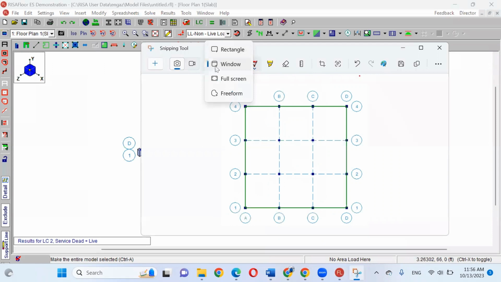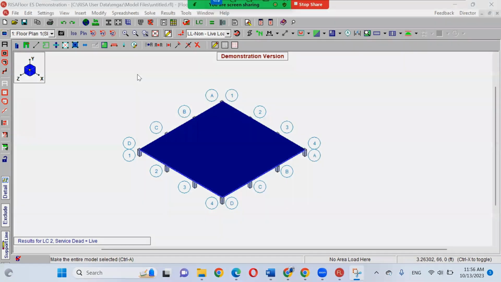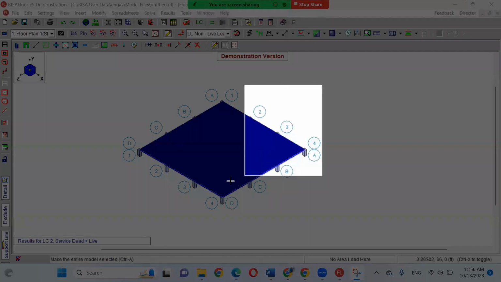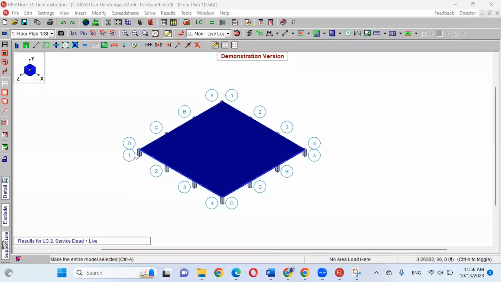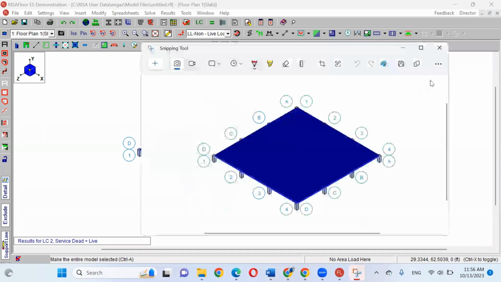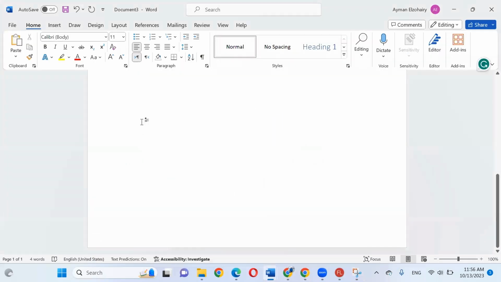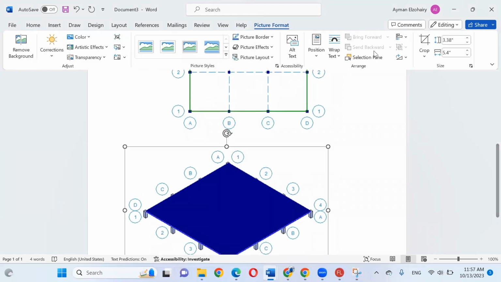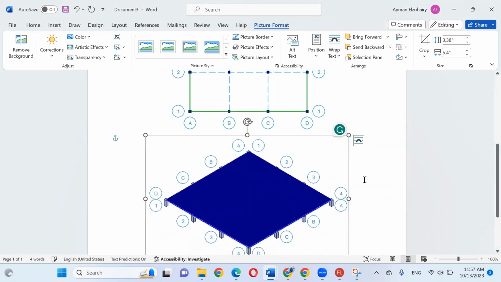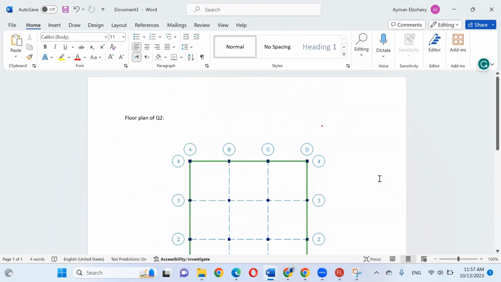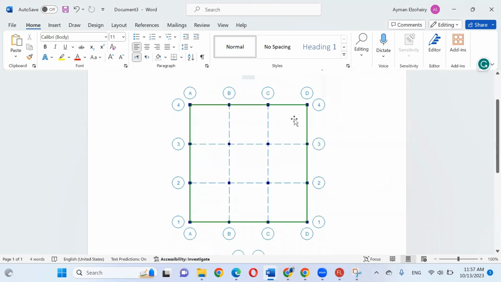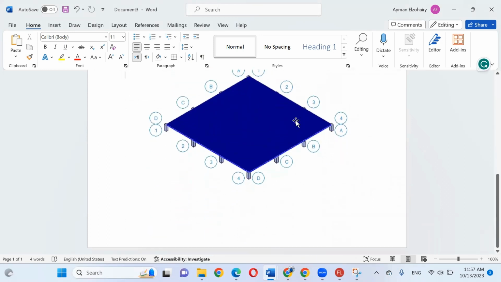I can take another shot and copy, go to the Word file and right click, paste. Does that make sense? You can make it in front. So you are showing me that you did the plan and this is the final sheet.